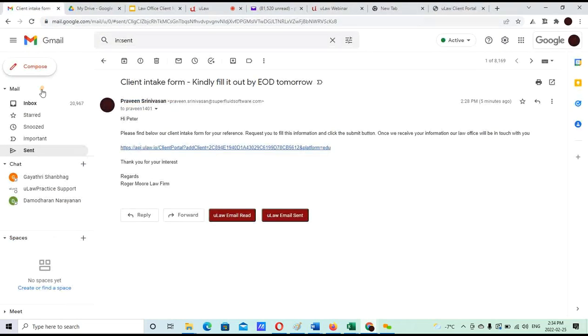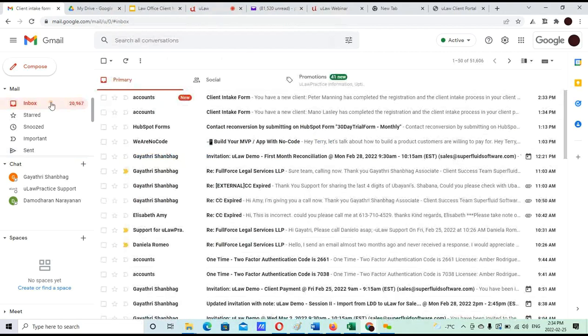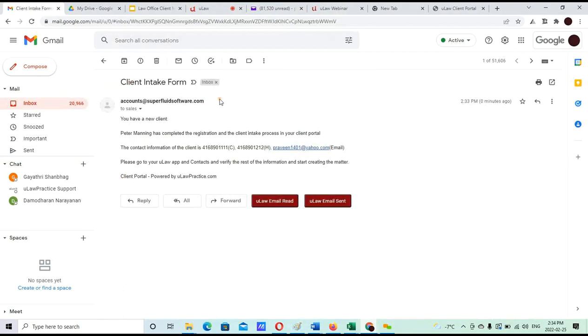First, you get the email, something similar to this. So here is a client intake form. Right away you get information saying you have a new client. Or this could be even a prospective new client, but you have a new client, the name of that client, contact information, email address. And the second aspect to it is this information is automatically stored on the uLaw system,